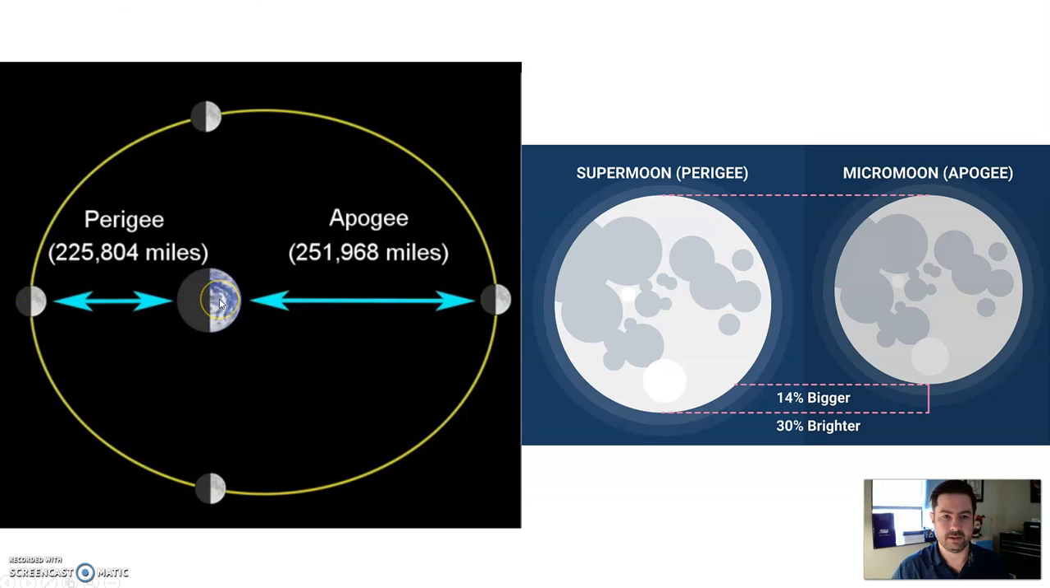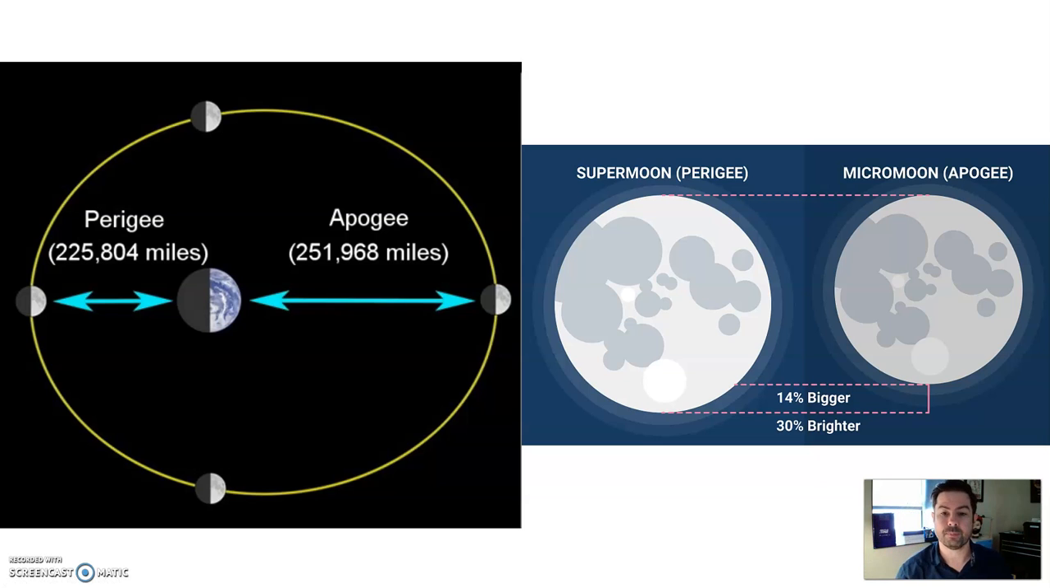It's kind of shifted a little bit in that ellipse. And so when the moon is closest to the Earth, we call that perigee. When the moon is furthest from the Earth, we call that apogee. Now this is kind of highly dramatized. It almost looks circular when you're dealing with such large distances like this, but it is a slightly squished oval